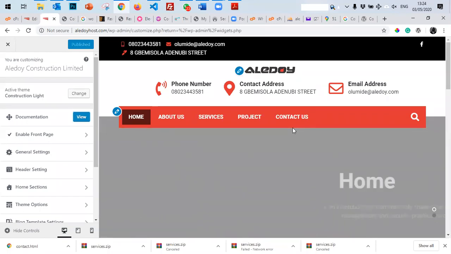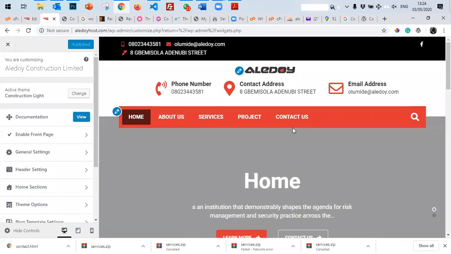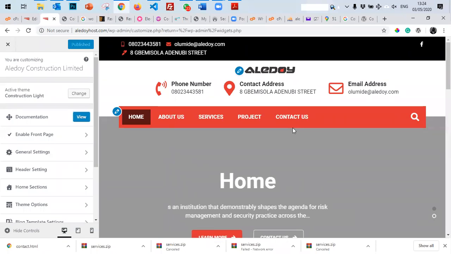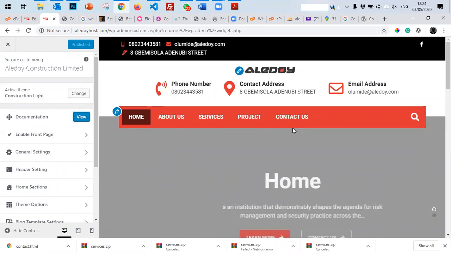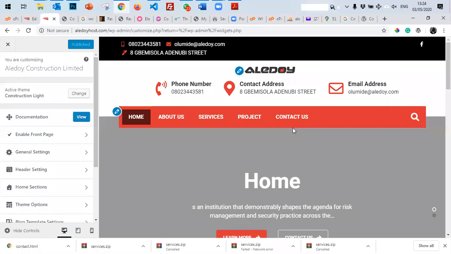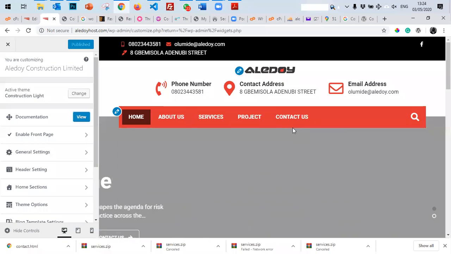When you are searching for a template, you can be specific. Free construction, free WordPress construction template. And when you see the free option, you can install them. The only fear I have with free templates is that